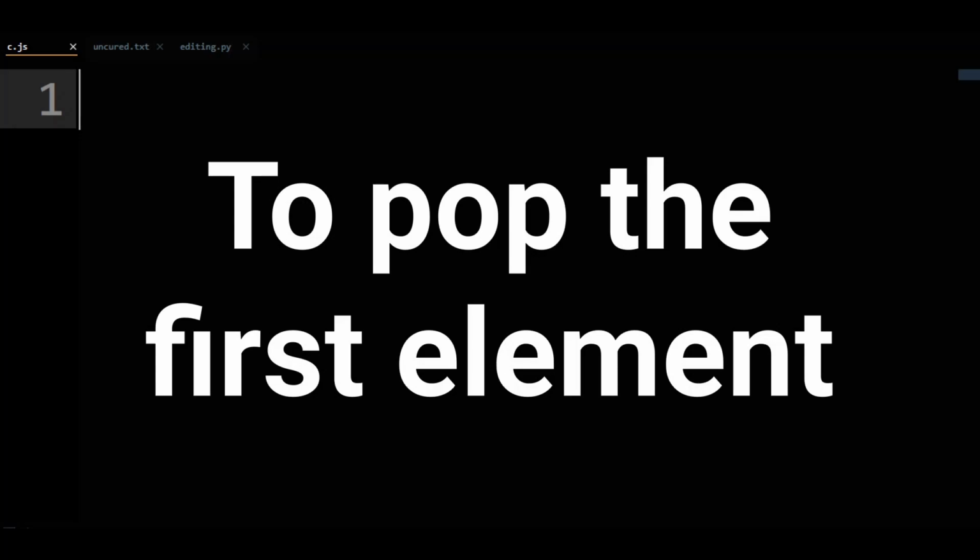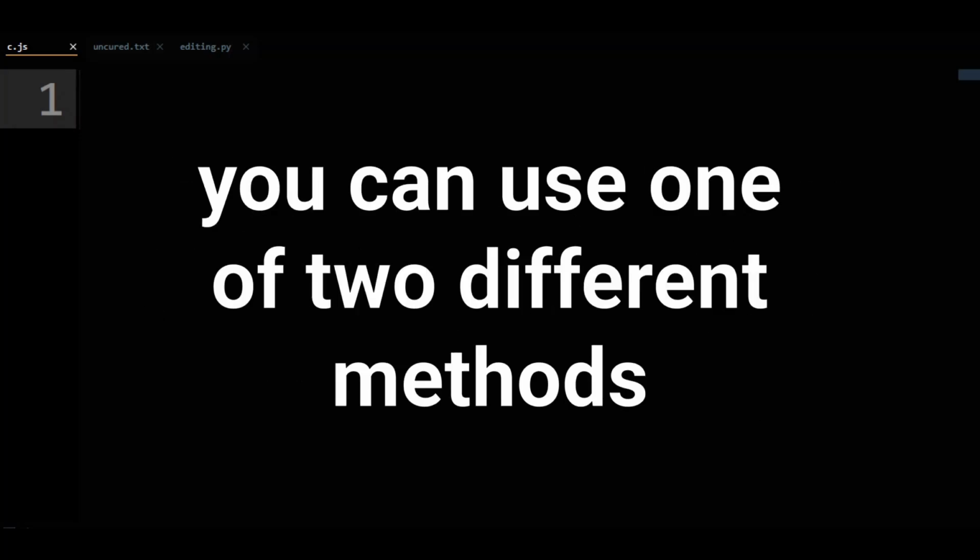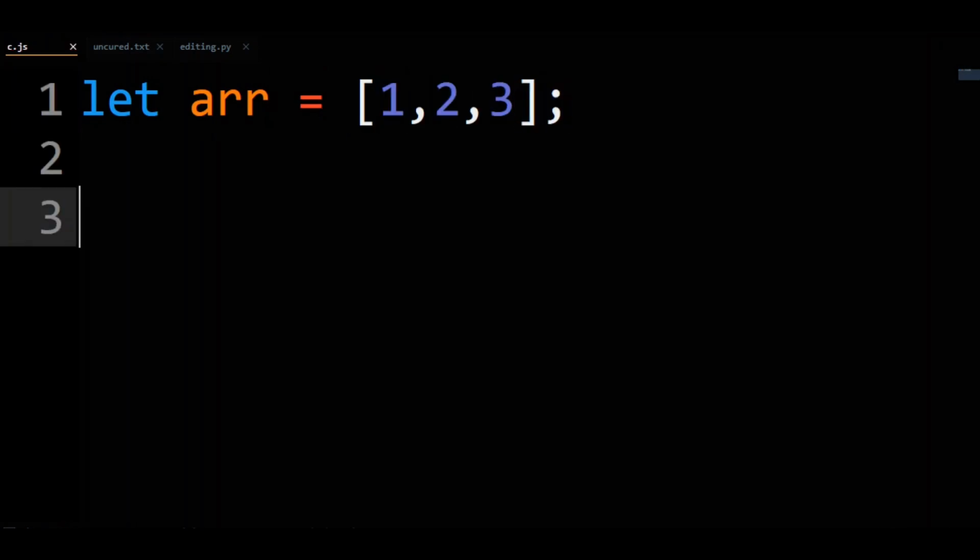To pop the first element from an array in JavaScript, you can use one of two different methods. In either case, we're going to want an array, so let r equal an array with 1, 2, and 3. For the first method, if we're being literal and you must use pop, there's no way to do it directly, as pop only ever removes the last element. But, seeing as I'm doing this video, there's an indirect way to do it. If pop removes the last element, make the first element the last by reversing the array.